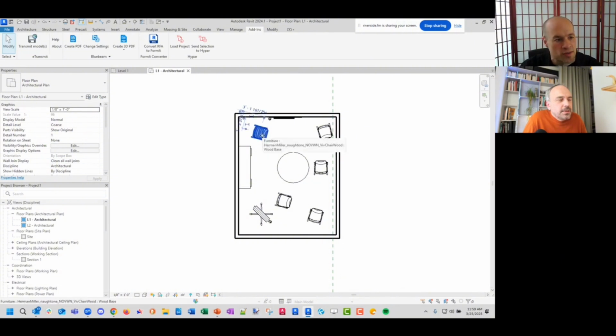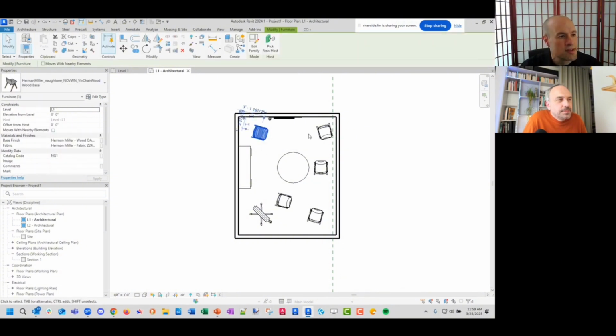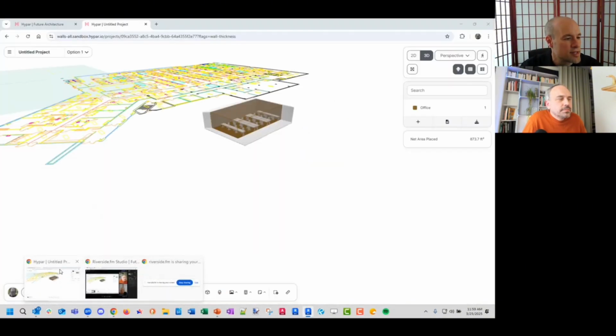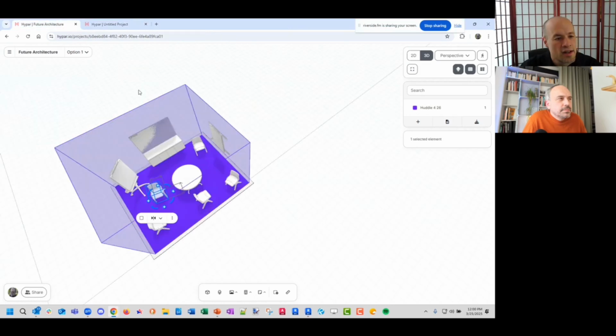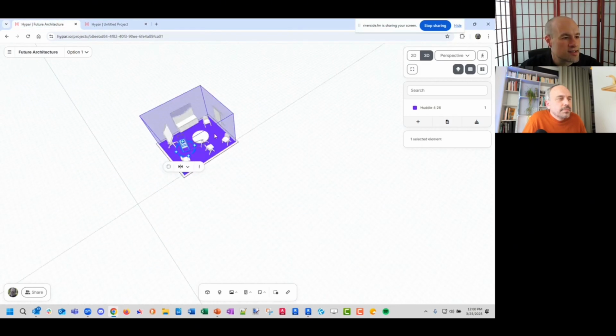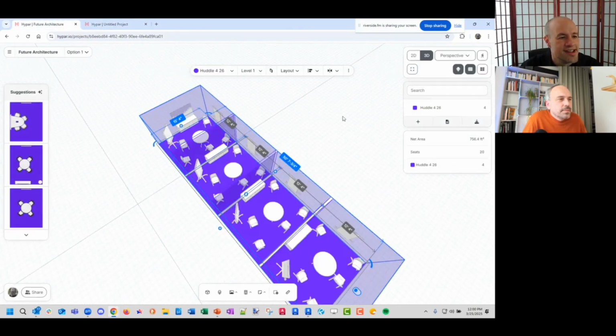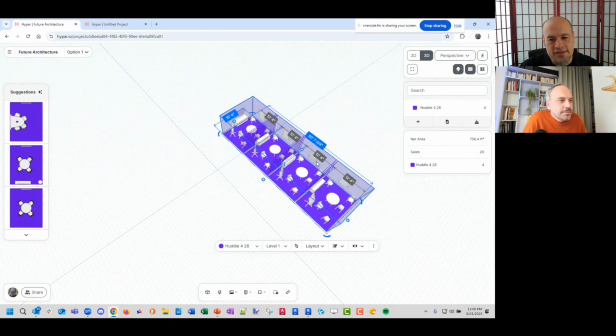But here we've got our space. It's all still Revit families and it's all still editable. So what we envision is that because it's so easy to push stuff around in Hypar at early stages of the design, we tend to do things like this and things that are very hard to do in Revit because it's very construction document oriented.